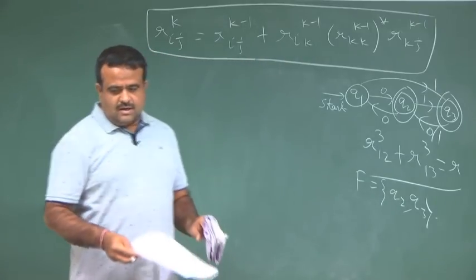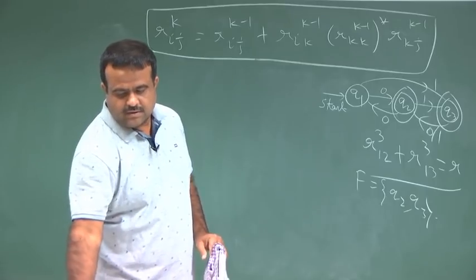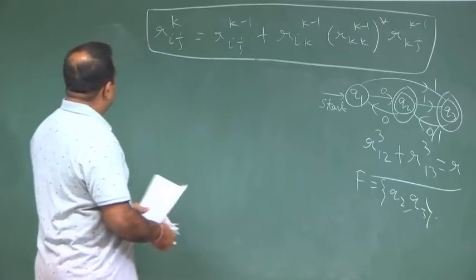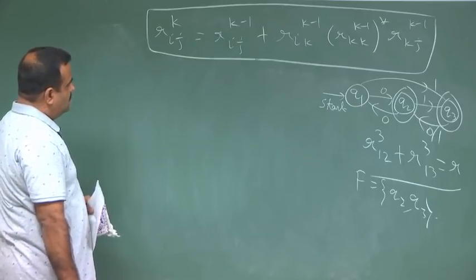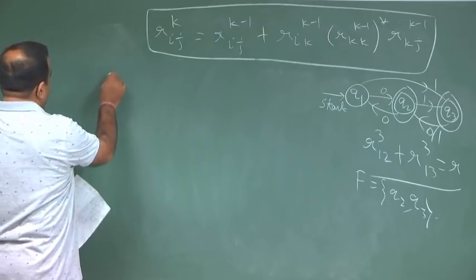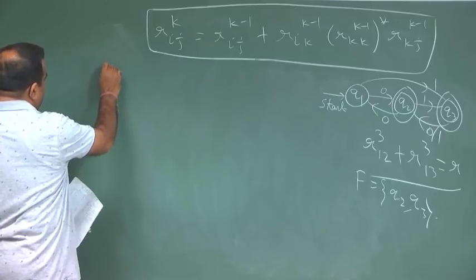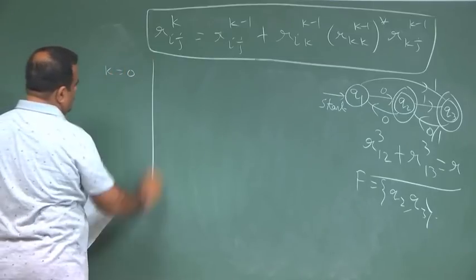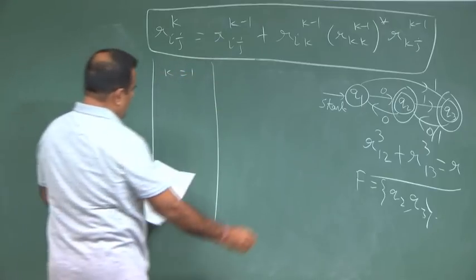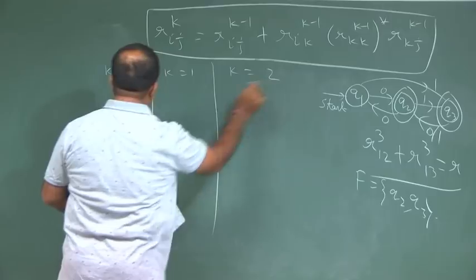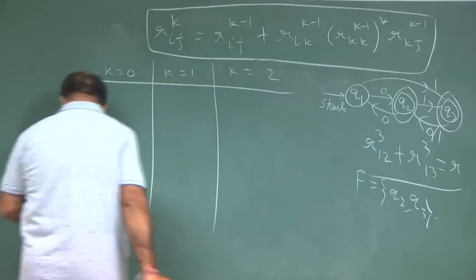Okay, so let us start computing this. We will use this formula to get this, but to start with, we will put a table over here for k is equal to 0, then for k is equal to 1, and then for k is equal to 2, and this is our